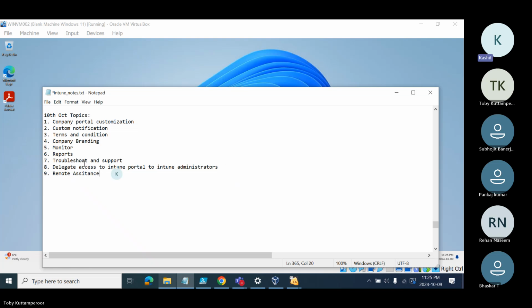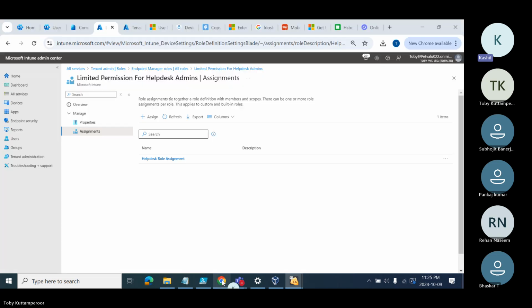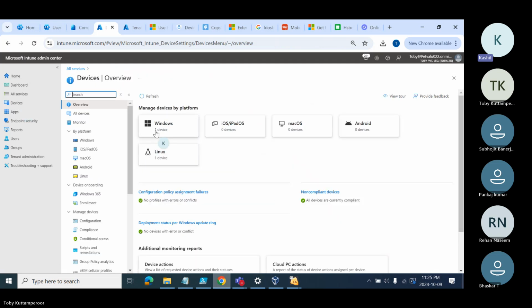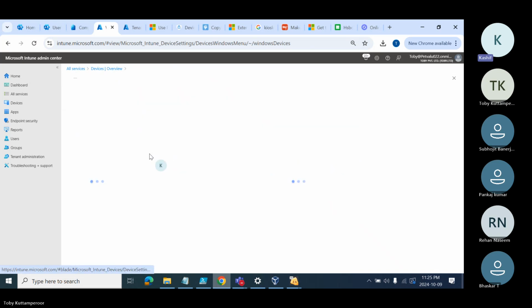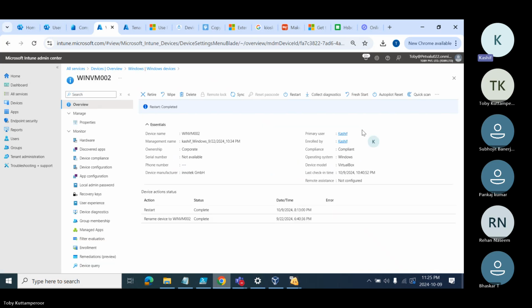Now then you have remote help or remote assistance. So remote assistance, how that works, basically you need to go to Intune portal, and inside Intune portal you have devices, and inside devices, let's go to the device, and this device, for example, you would like to remote into this device. So user is facing some problem. For example, Kashif is facing some challenge, and you would like to remote into Kashif's computer. How will you remote in? You have 3 dots and then choose this option, new remote assistance session. Right now it is disabled because we haven't